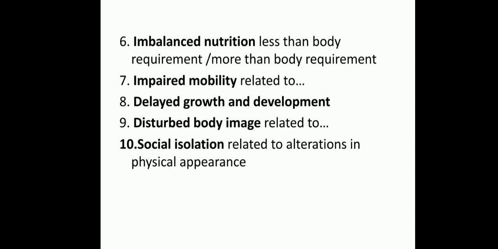And the seventh one is impaired mobility. It is related to extremity abnormalities and structural deformity of the lower and upper limbs, so impaired mobility is there. Okay, that is what you should write. And delayed growth and development, which is also one of the causes in children with malformations. Disturbed body image. This is very important, because they don't know why they have this structural deformity. They don't know, but it is disturbed body image. The child may suffer a lot with this structural deformity as they grow up.